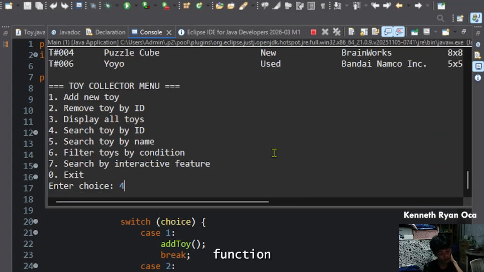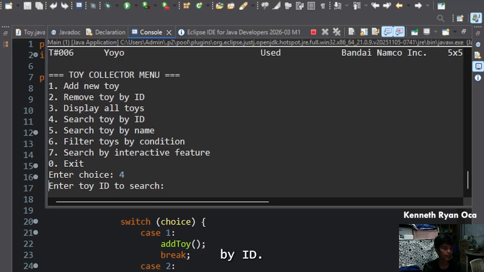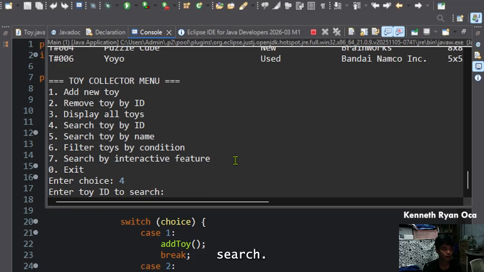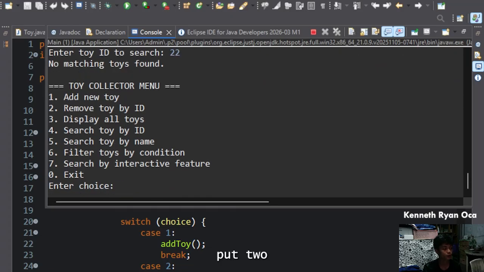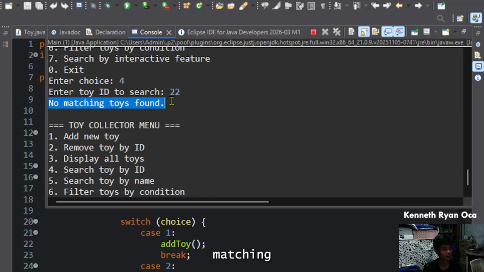For the fourth function, we have to search the toy by ID. Enter toy ID to search. For example, I want to search for teddy bear. I'm just going to put 2, but it says no matching toy found, because I accidentally doubled the number 2 when I entered. This is where our user error handling comes in.